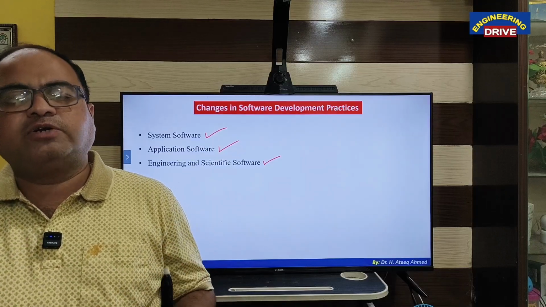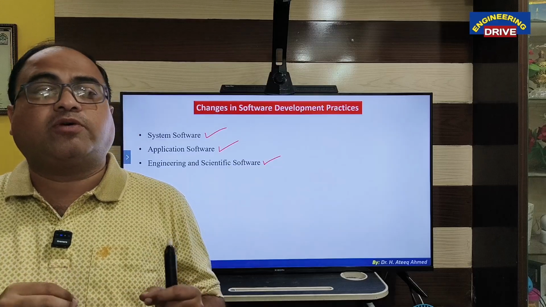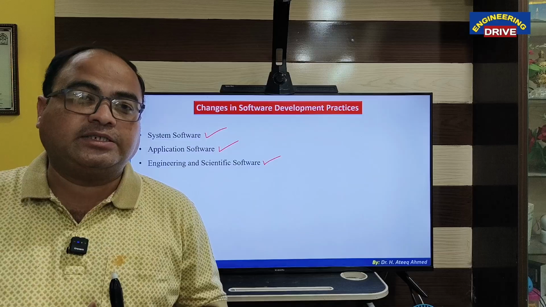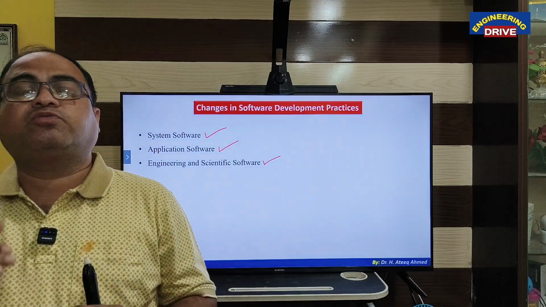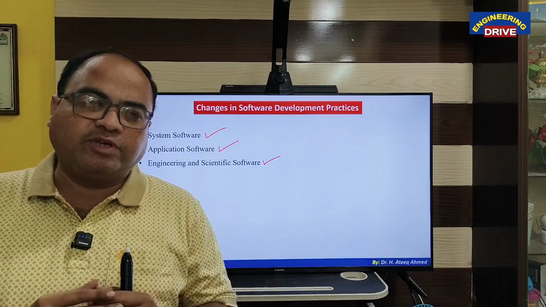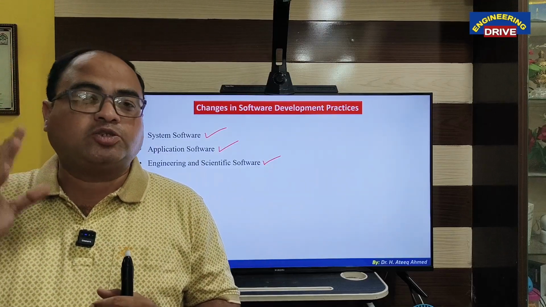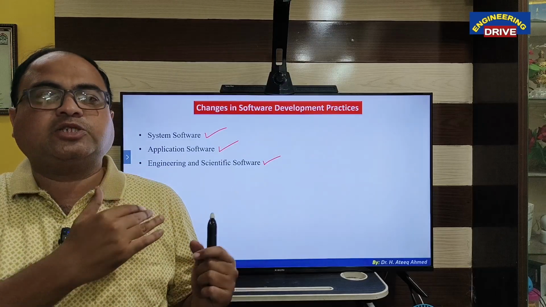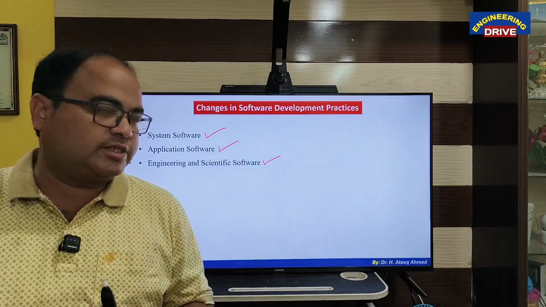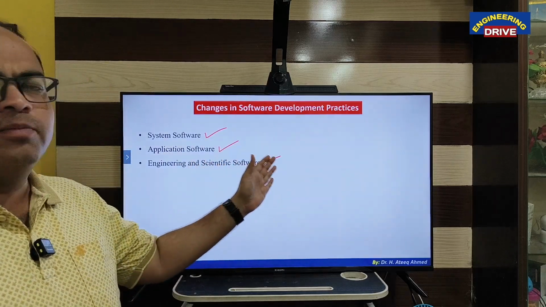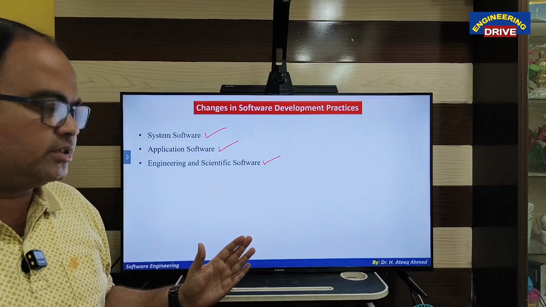The software used in hospitals, the software used to communicate with satellites, the software used for weather forecasting, all come under the category of engineering and scientific software. They are among the major software developed in the past. This was also one revolution in the software industry, and they are the major types of complex software available.